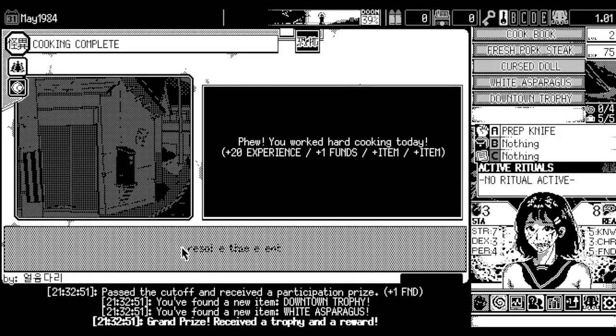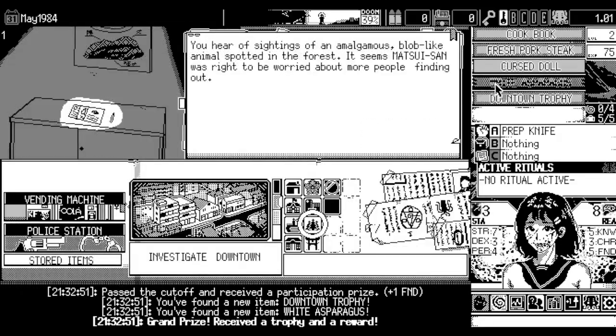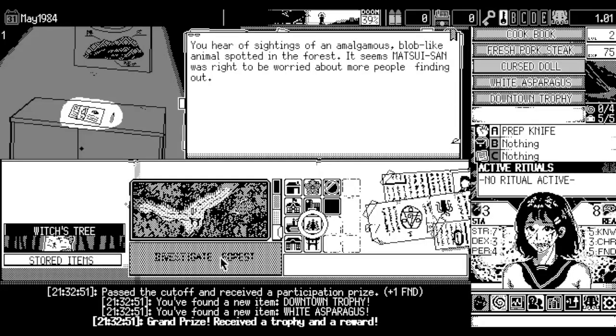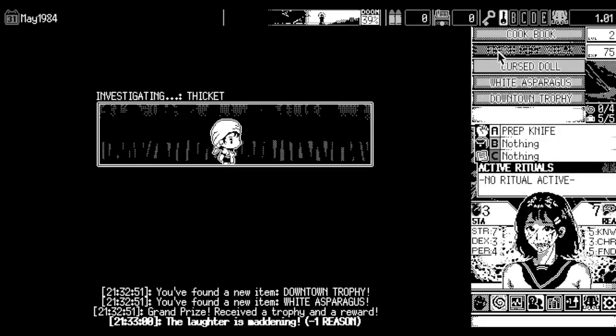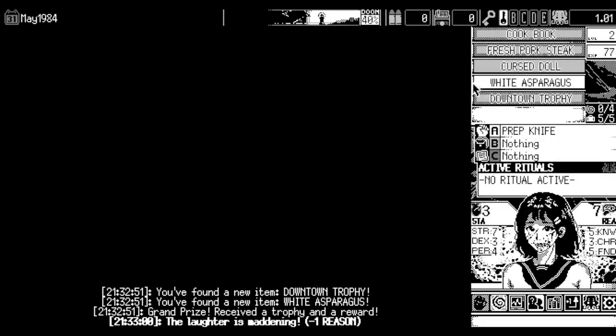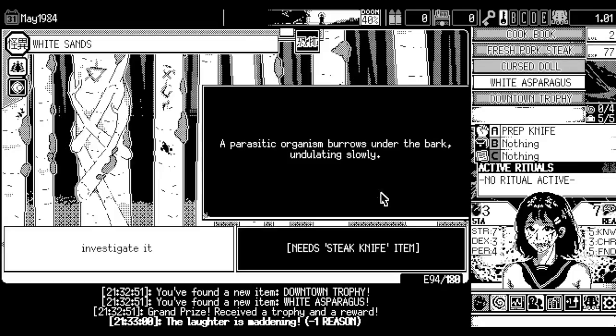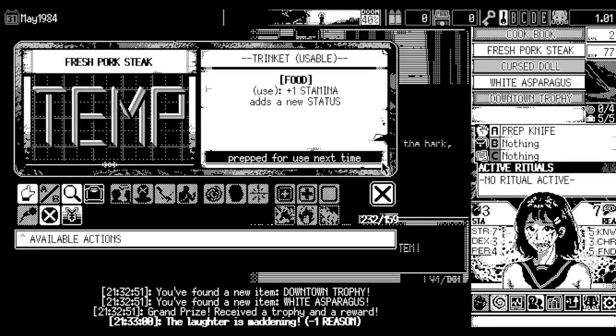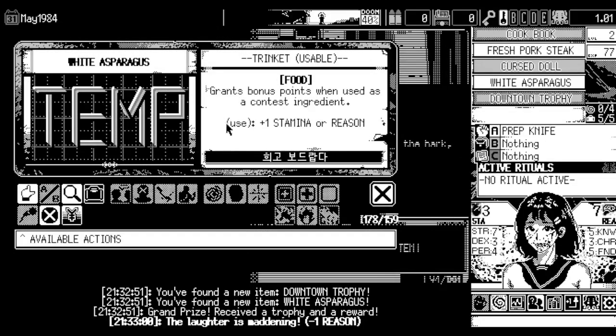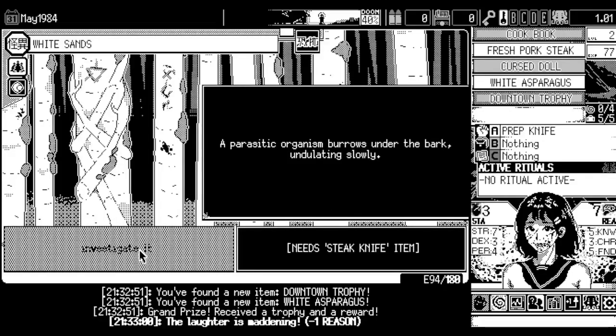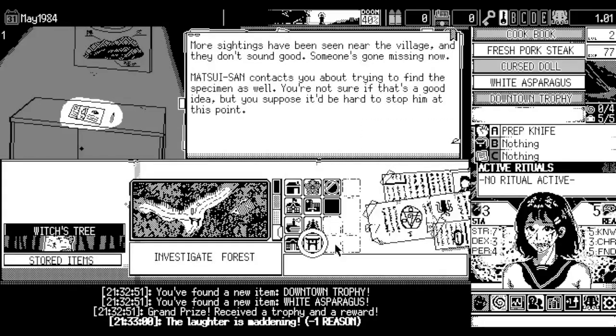So, as we get our trophy again and move on... I did not use the spider cakes, by the way, but I think we'll be fine there. We're going to hold on to these ingredients, because if nothing else, these ingredients are good to use to recover for the most part. Most of them, I think, were stamina, but some of them, like the asparagus here, or non-meat food items that you can consume, are stamina or reason, but we might as well, because our reason's also